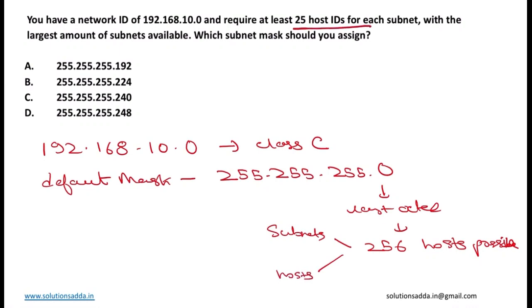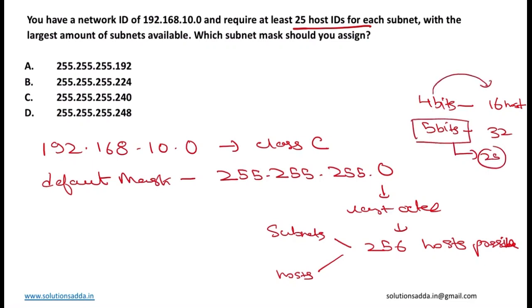For 25 host IDs, how many bits will you fix? Suppose if you fix 4 bits, it will be for 16 host IDs. But if you fix 5 bits, the maximum would be 32, and you require 25. So you require 5 bits, not 4 bits, because with 4 bits you will cover only 16 hosts. So for hosts, 5 bits are required and the remaining 3 bits for the subnet. So with the 3 bits, the subnet mask possible is